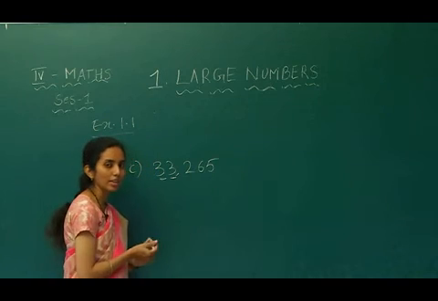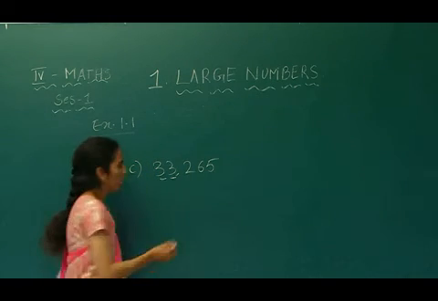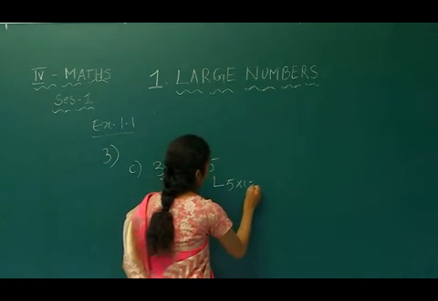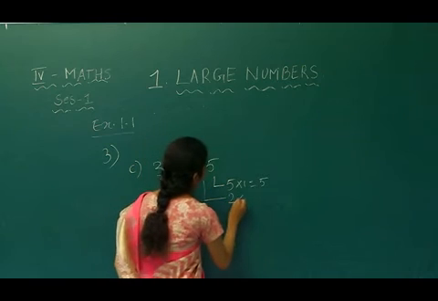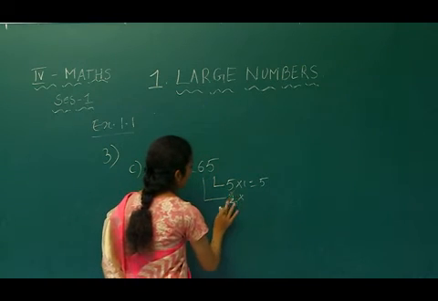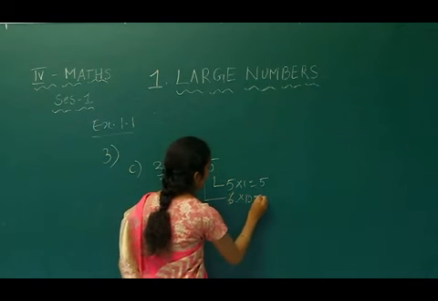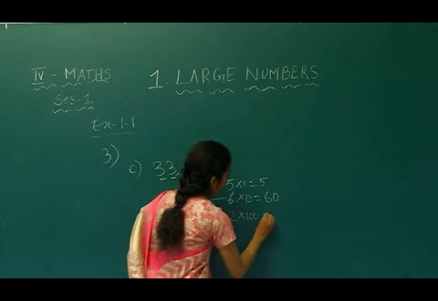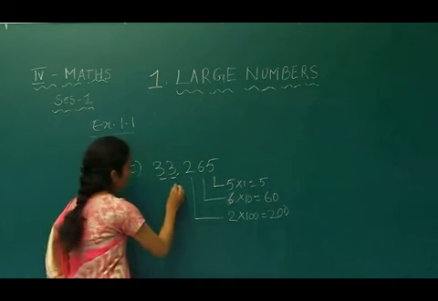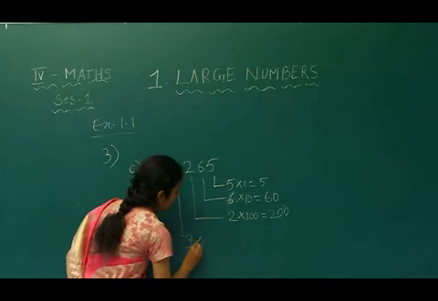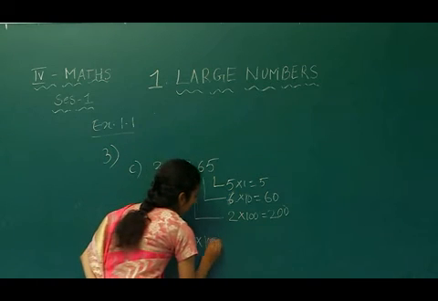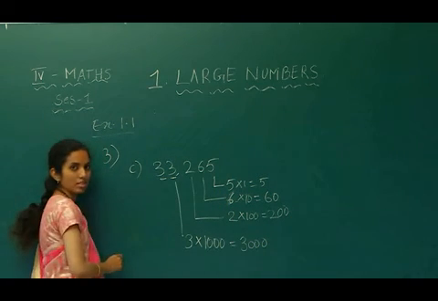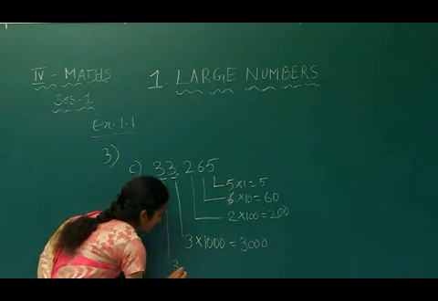So first of all, write it. How do you write the place values? You write the value by multiplying with the place value. That is 5 into 1 is 5. 6 into 10, because it is in tens place, 60, and 2 into 100 is 200, and 3 is in which place now? Thousands place. So 3000, and this 3 is in which place? 10,000s place. 3 into